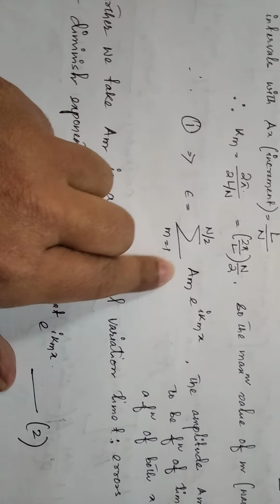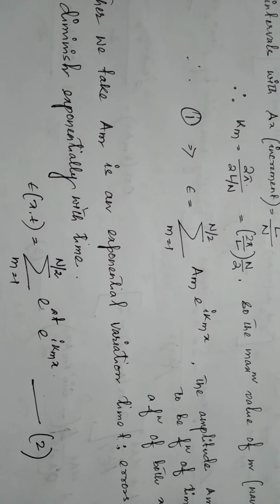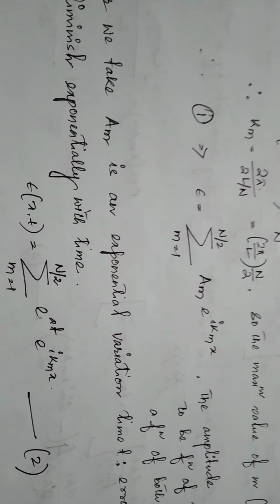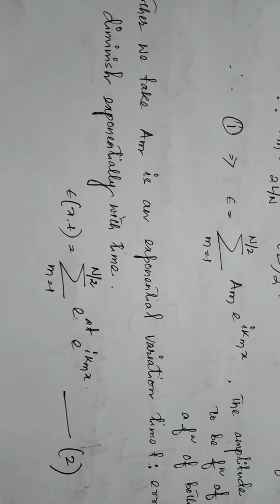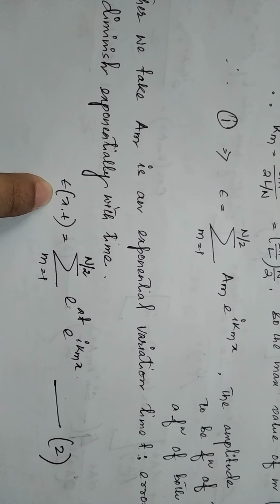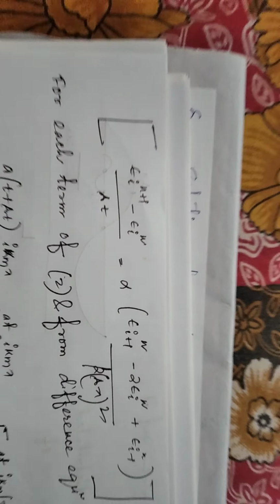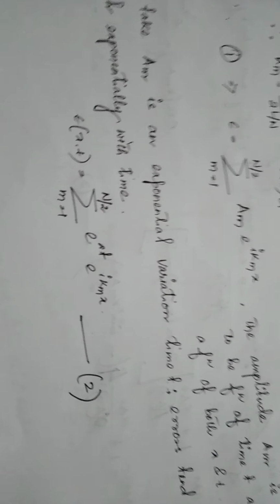Further, we take that this amplitude takes an exponential form. Generally the error either grows or decreases exponentially. It is decreasing exponentially, or it is increasing exponentially. So with that factor, we assume that the error is of this form. And this is the difference equation. Though there is a summation, we study each of these terms, for each m. So for any m,